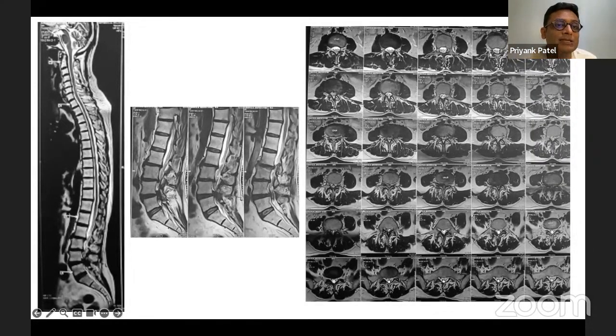The next part is you should see how the patient is sitting. If a patient is comfortably able to sit on your examination table cross-legged without any major back pain, that means the lumbar spine is stable enough. But if the patient is having difficulty sitting cross-legged and is having a lot of pain, that is going to hint towards a clinical category of fusion. That's one bit. Then comes the X-rays.